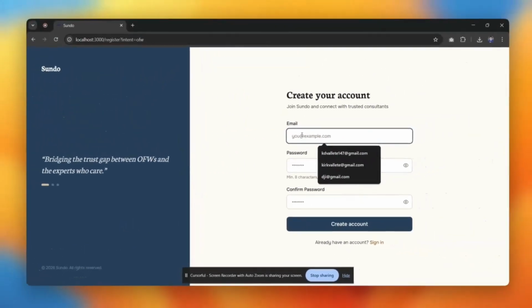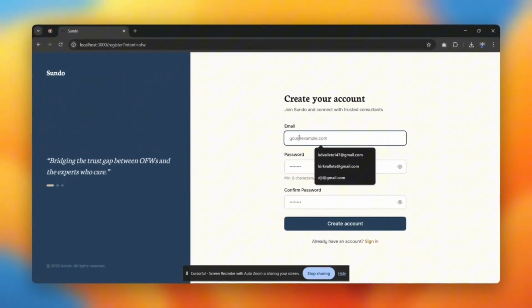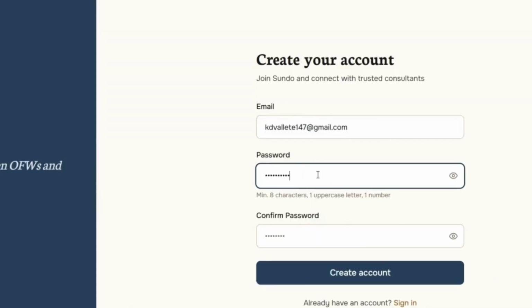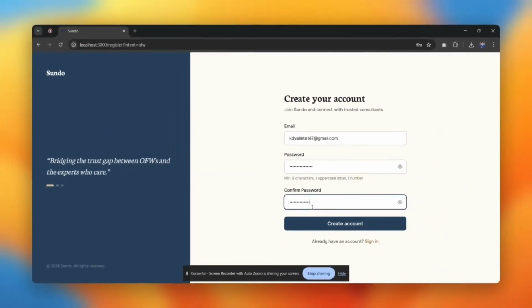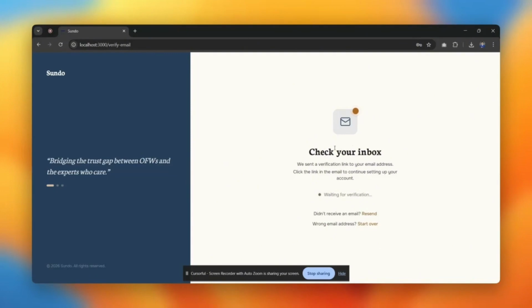Now let's move on. We have our credentials, which also has authentication on the Gmail account to confirm that it is a valid email address. So after entering the password, we will now be prompted. So now we have to check our inbox. We can see that we have our verification for